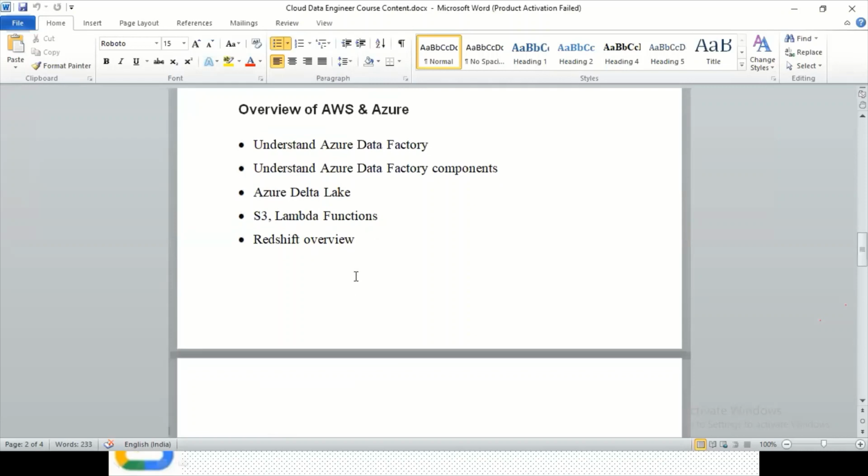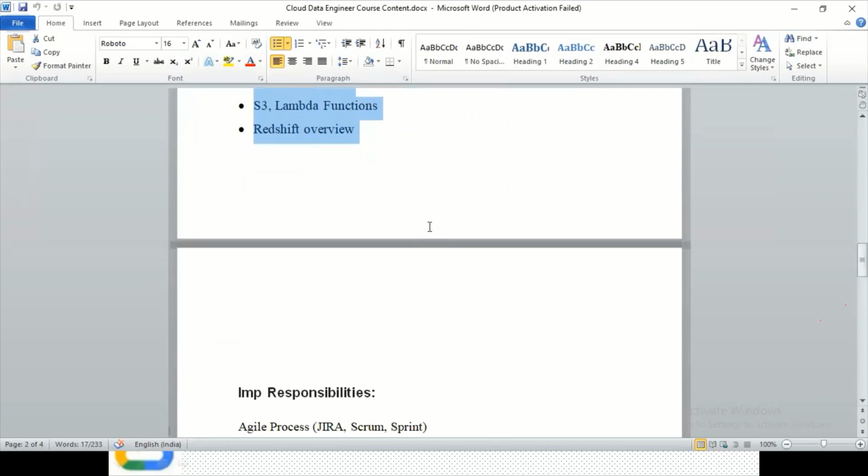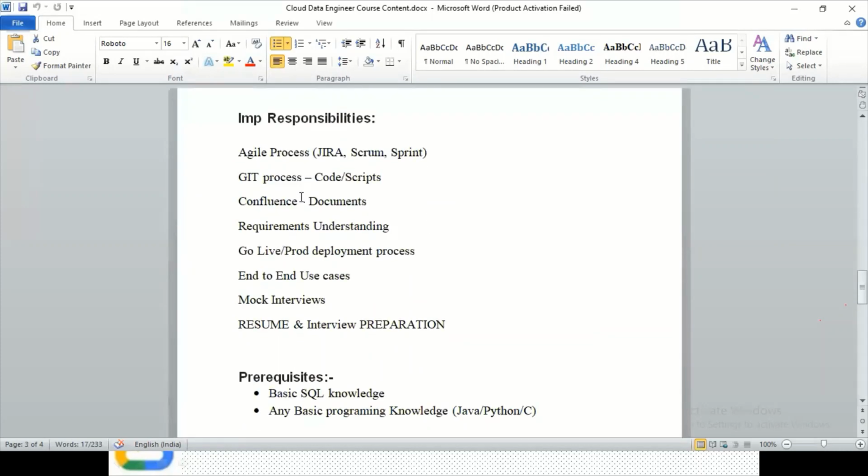Along with that, I'm going to touch on Azure and AWS. For each and every class, each and every component, I will compare with Azure and AWS. By the end of this program, you will have some basic knowledge of these two also. And especially the most important